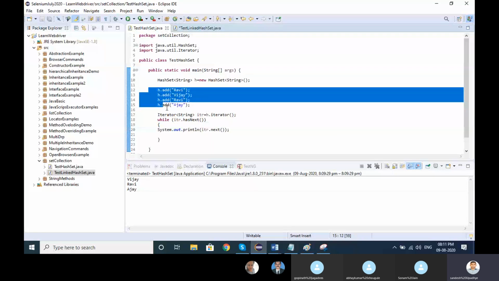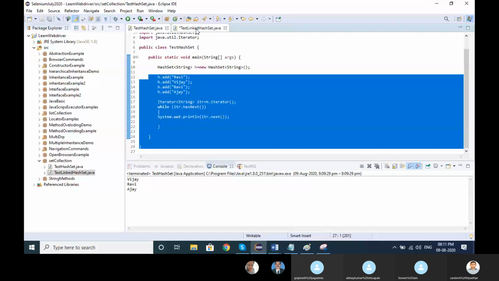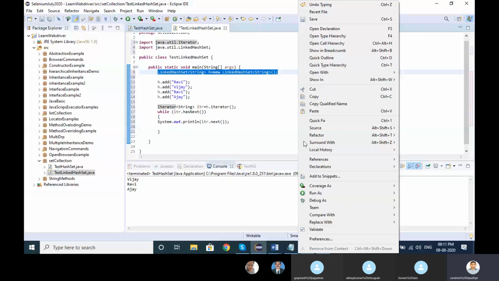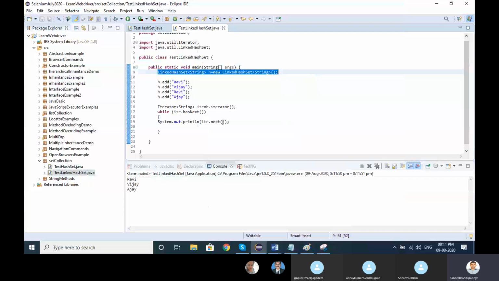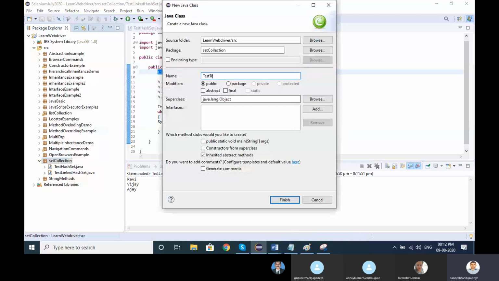Let me take all the values: Ravi, Vijay, Ravi, Ajay, iteration and so on. I just changed the name to a linked set. It is also similar. I will tell you the small differences between the HashSet and LinkedHashSet tests. I will add one more thing and explain it to you. Class as test tree.